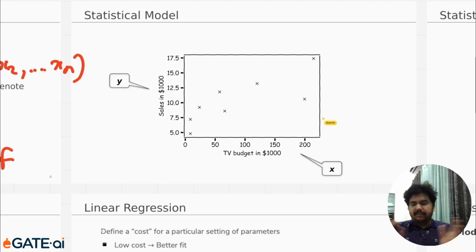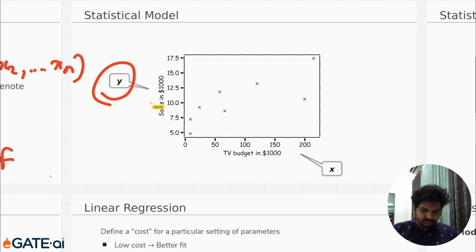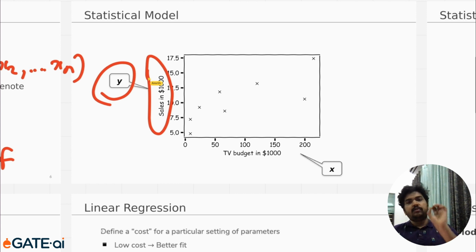So just to make things simpler, let's first consider prediction of sales using just one variable. Let's consider just one input variable or one feature. So I need to predict y, which is nothing but the sales. Yes, sales in $1,000 units. And I am using only one feature or one predictor for that, which for the time being I am arbitrarily